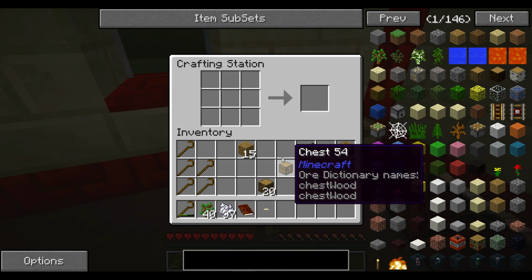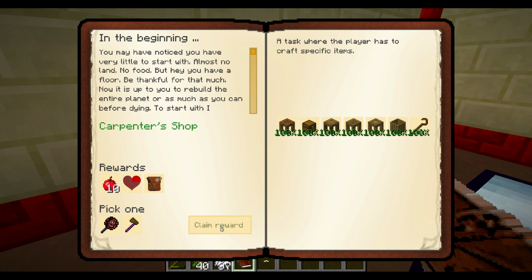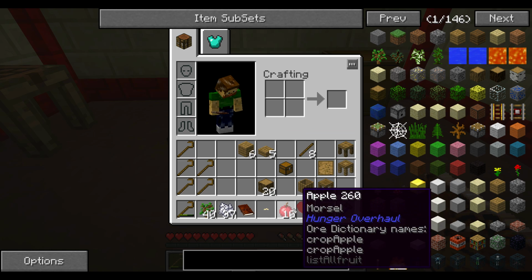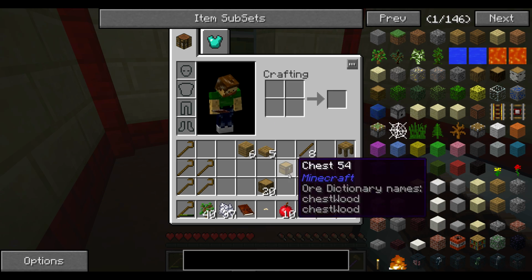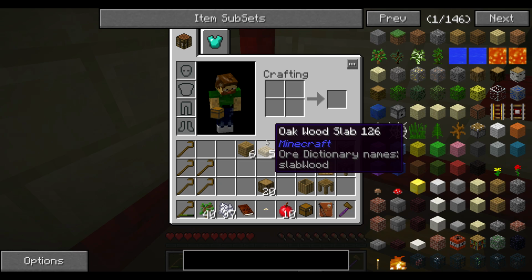Tool station. We're also going to need a barrel, so let's go ahead and get one of those, and that should be it. So we should be able to go ahead and pick one, and I think I'd really like an axe, because I've been cutting down a lot of the wood by hand. Oh, it gave me apples too. Yeah, I've been really hurting as far as food. And we might as well throw down our chest somewhere. Let's go ahead and just put it...